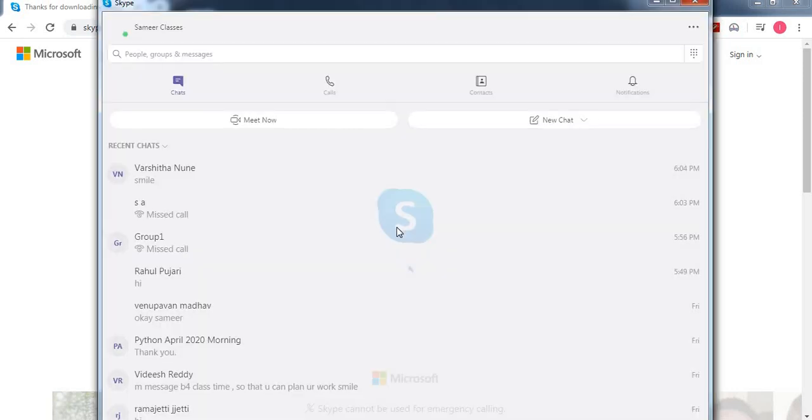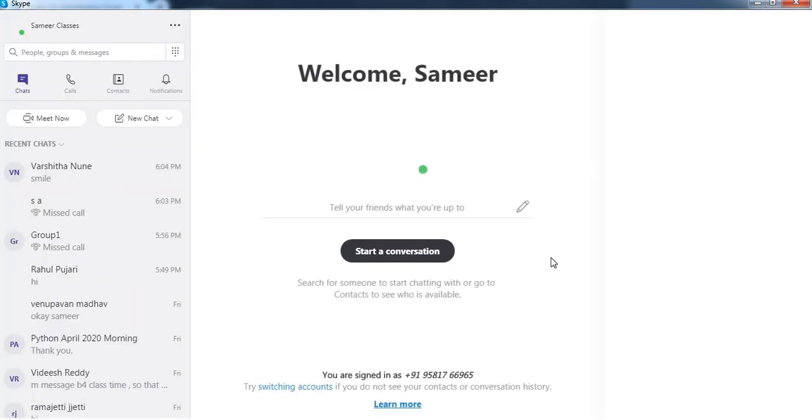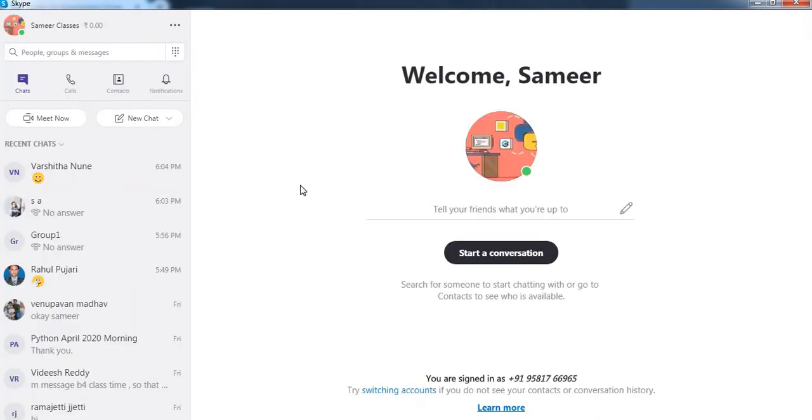Now Skype is opening. So this is the layout of the Skype application. After you have created your account, if you didn't have one, and logged in, this will be the structure, this will be the layout of your Skype.